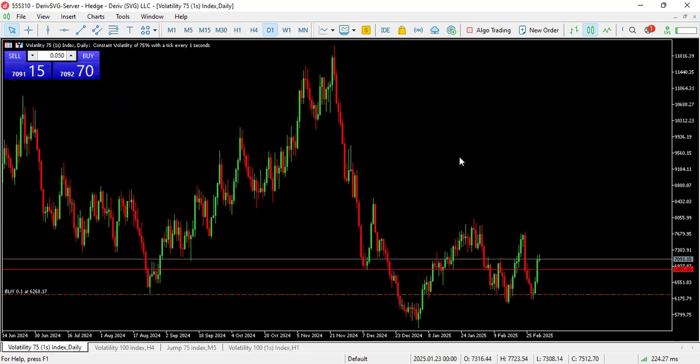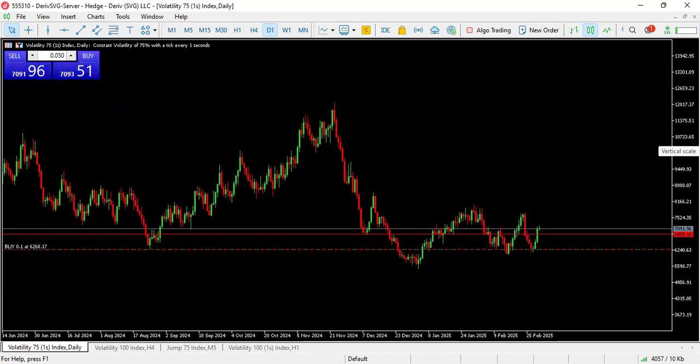All right. Let's see V71 1S. V71 1S. The same principles apply here. The same principle. If you look at V71 1S on a daily time frame, the market goes to a key level. Yeah. This level here is a key level. When the market got to that key level,